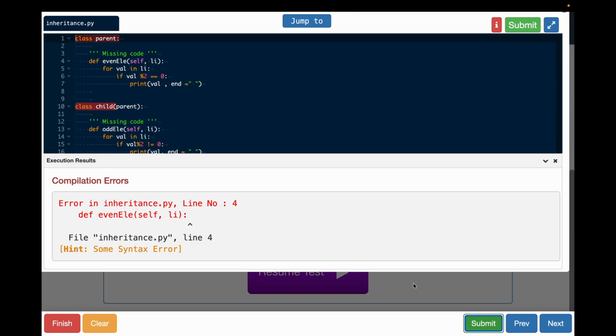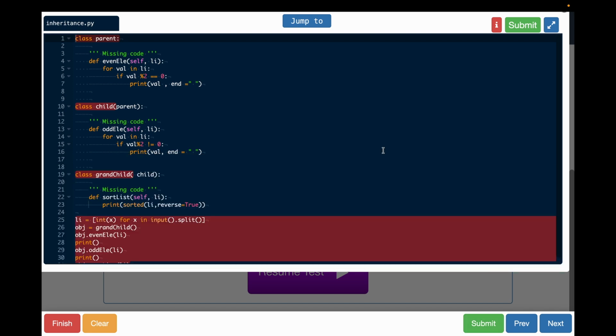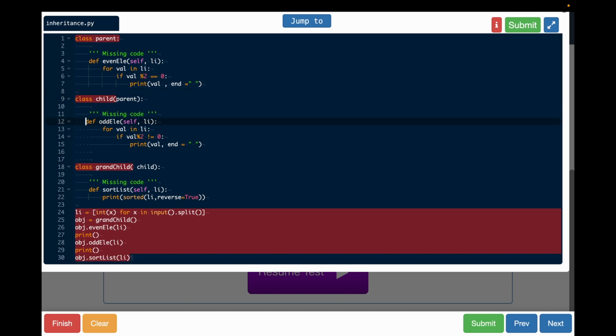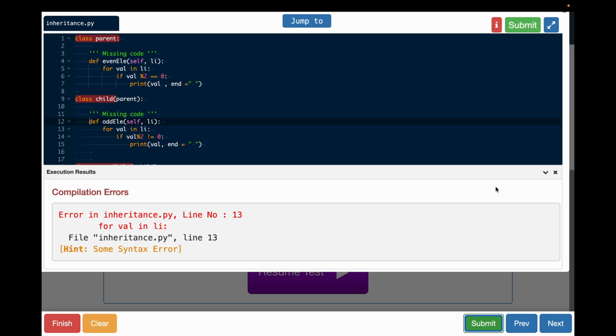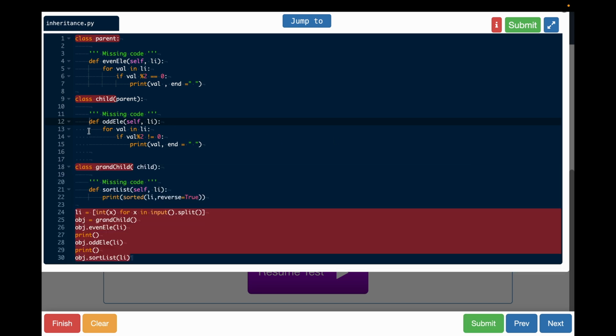This should be correct. Is it because of this indentation error? Let me give the indentations as a tab, because it's a mix of this thing, maybe that can be the case. And then here also maybe, let's see now. Okay, now it is saying line number 13,